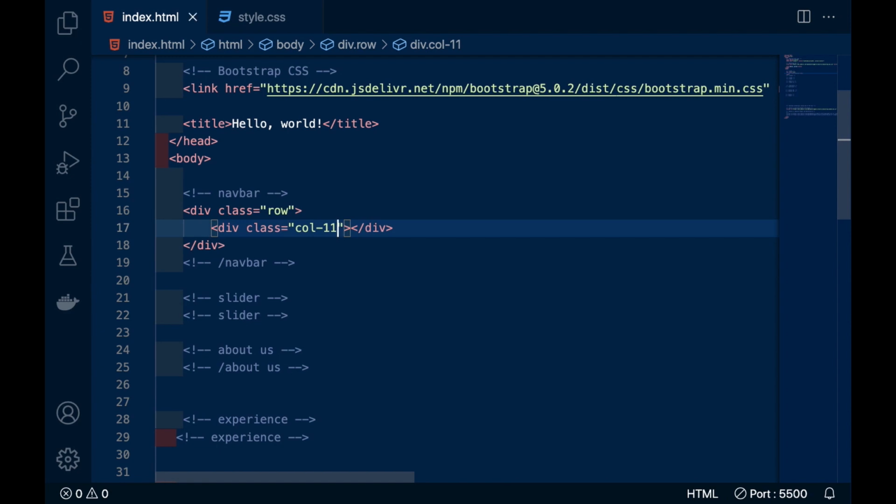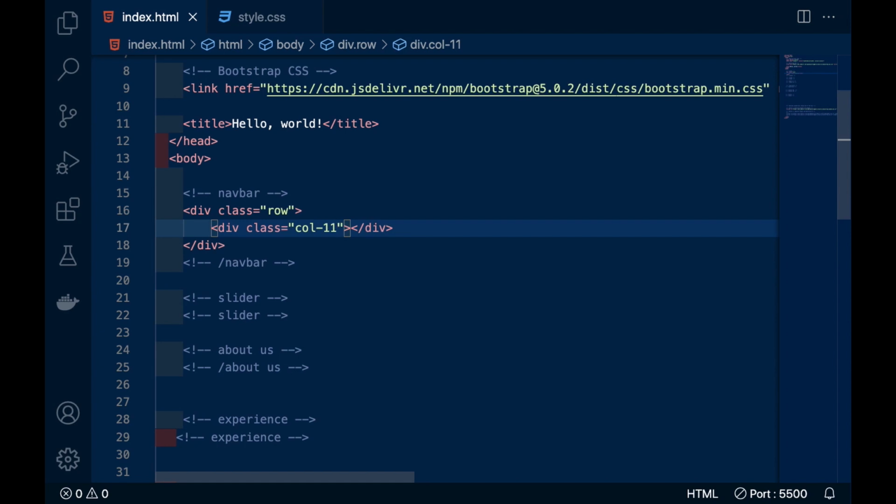I told you about this in my last video, that Bootstrap divides the screen into 12 sections. So any size of screen in Bootstrap is of 12 sections. If you need to divide your screen 50-50, then you have to take 6 columns and 6 columns each. So here I am taking 11 columns.